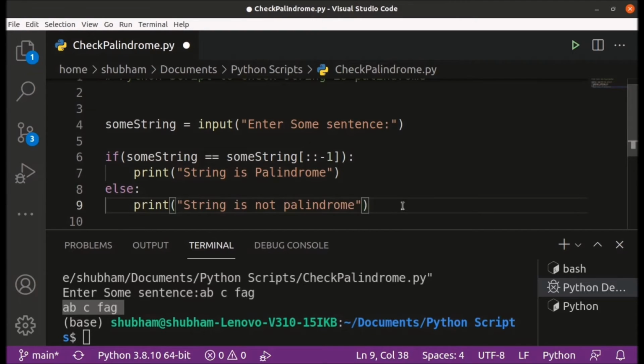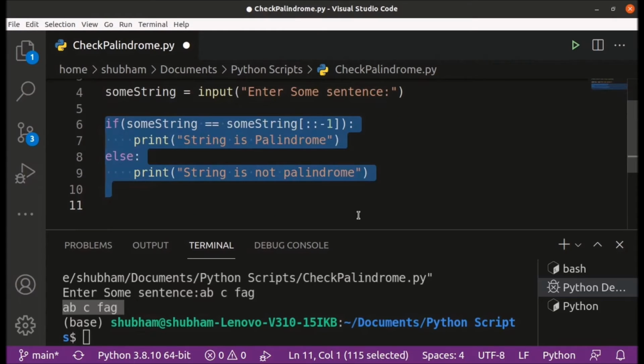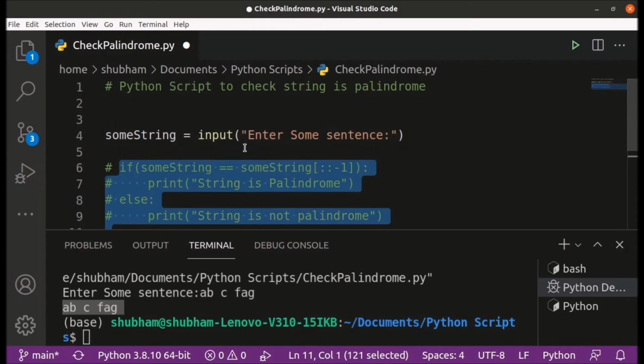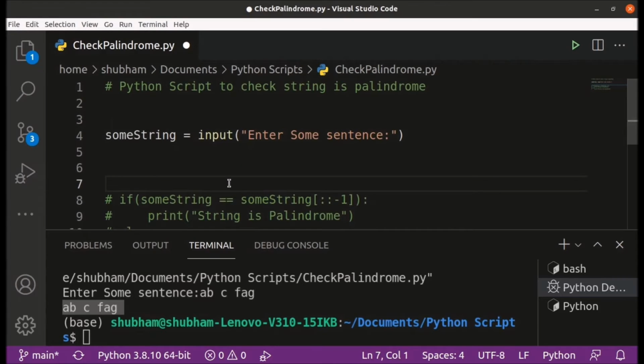Yeah, so first let me comment this out and show you the output of this thing which I have highlighted. So I will print some string, and it will print the reverse of the string.